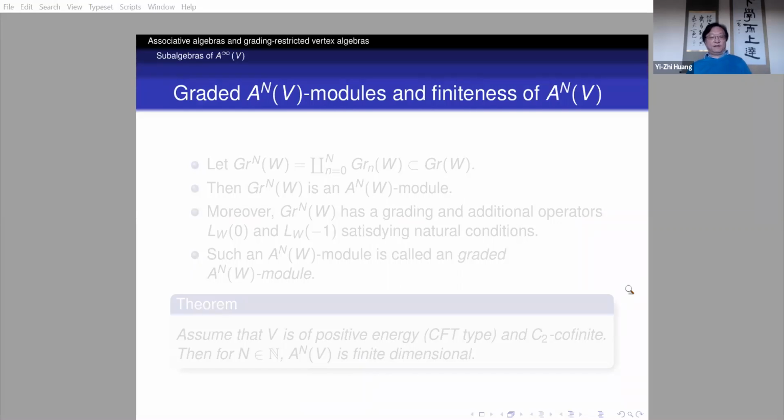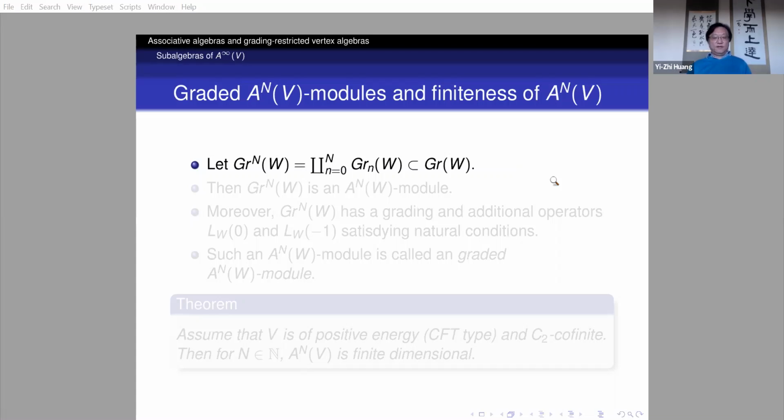And the main thing that we also want to consider is A_n(V) modules. So these are new associative algebras. Okay, so we can also construct modules, because for A infinity V, the graded associated graded space of a module